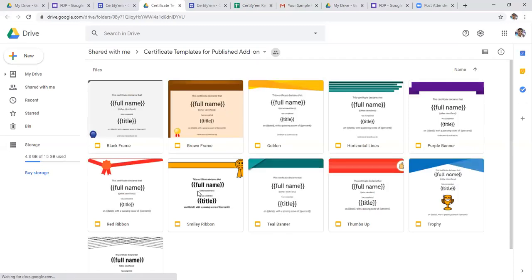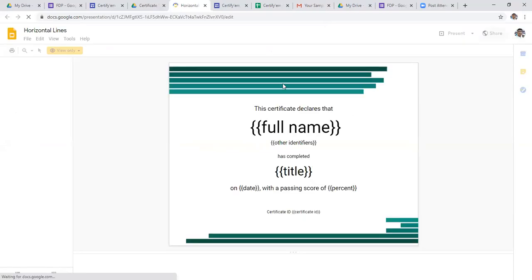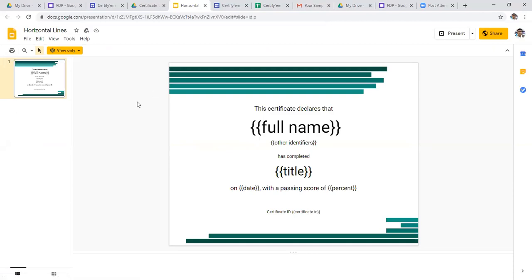All the available certificates are opened in our Drive. If you want to choose this particular certificate, double click on it, then we get the template in Google Slides.